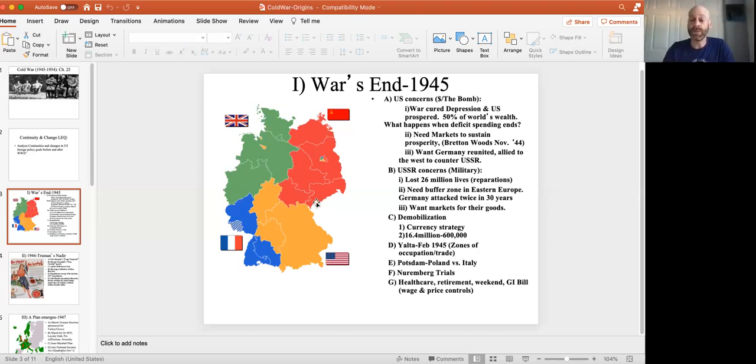They agree to form the United Nations with us. They draft the charter or constitution for it. There's going to be 5 permanent members of the Security Council. The Russians agree with that. We are going to round up all the top Nazis and Japanese military brass and put them on trial for war crimes, crimes against peace, crimes against humanity.